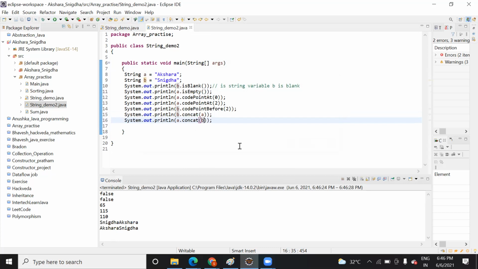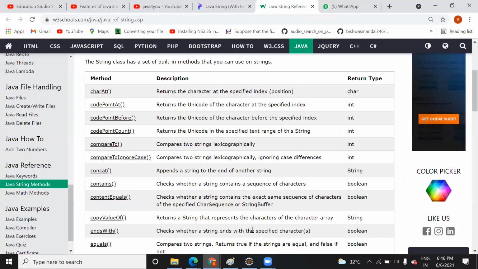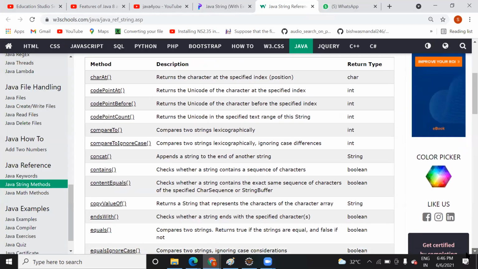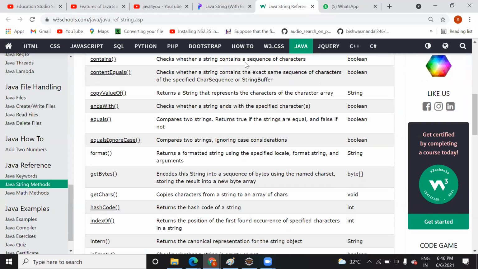See, so hope you have understood these different functions. I'm going to share the link with you. Just try these functions by running all of them on your system. Okay, so let's see, Snigdha, on your system. Will you share your screen? Snigdha, will you share your screen? I'm stopping sharing my screen.